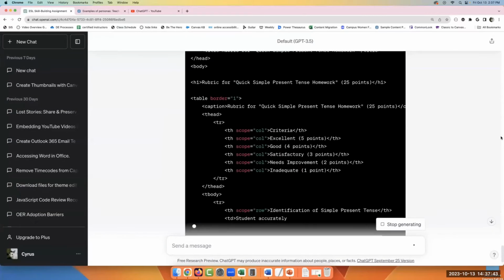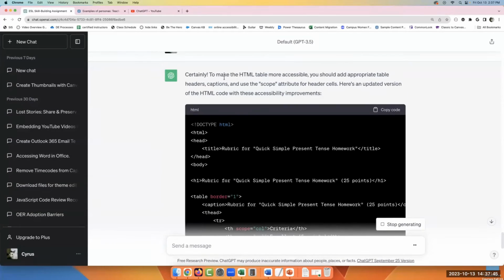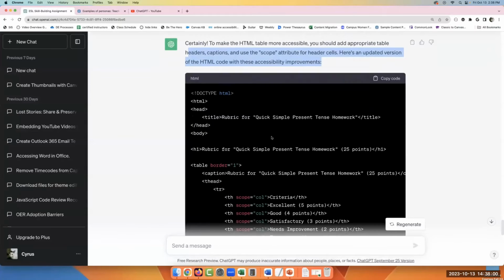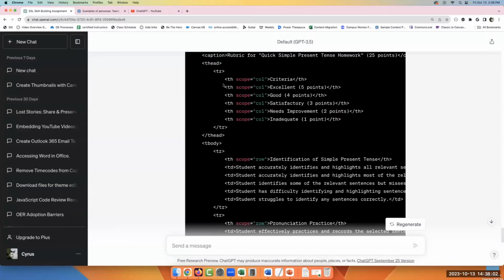Certainly, to make the HTML table more accessible, you should add appropriate table headers, captions, and use the scope attribute for header cells. Here's an updated version with these accessibility improvements. So this is unbelievable. And it's put it all in the code.